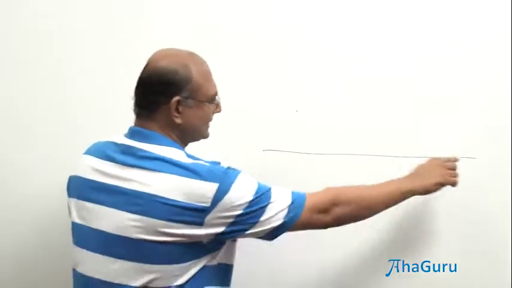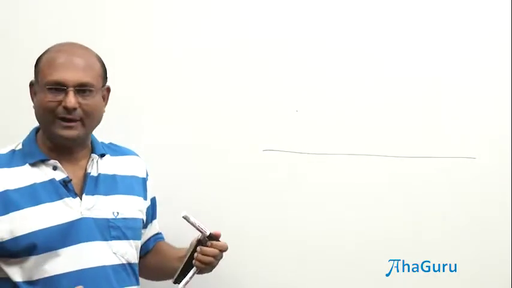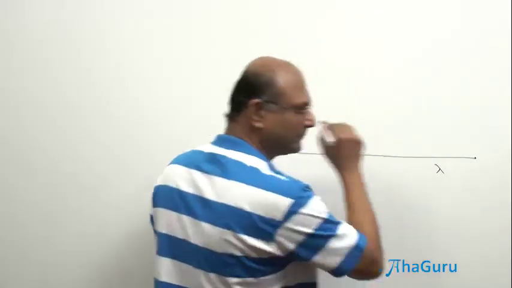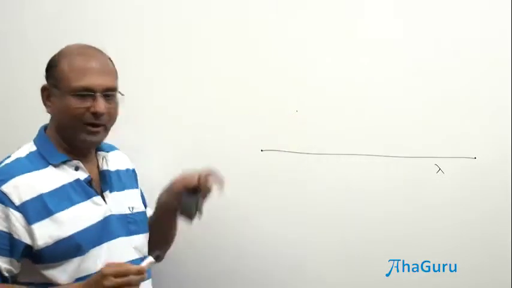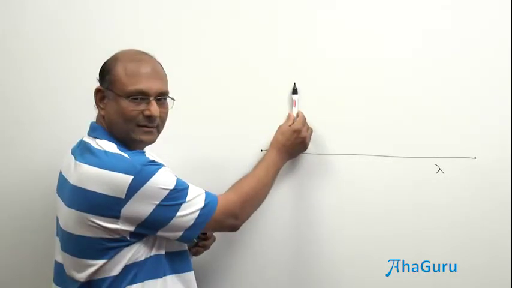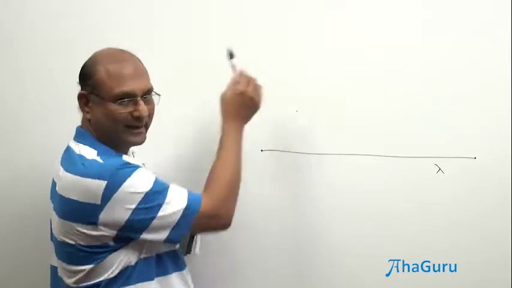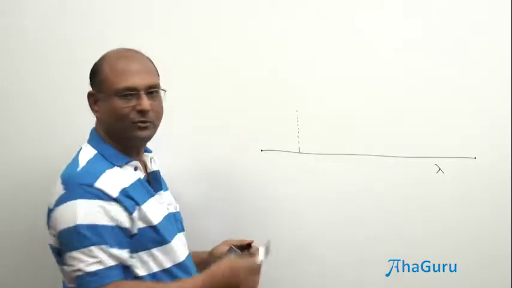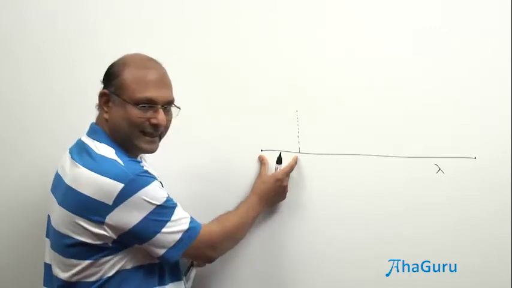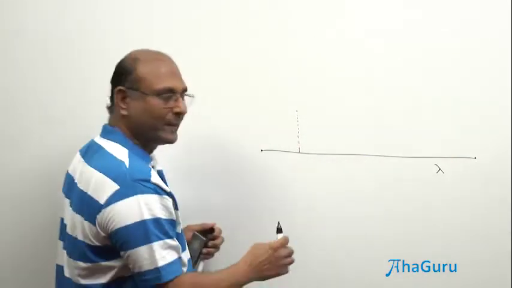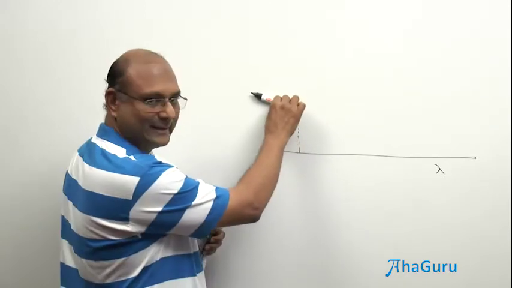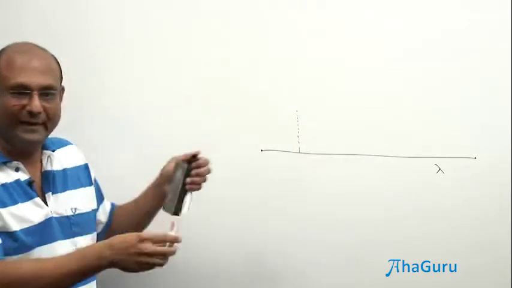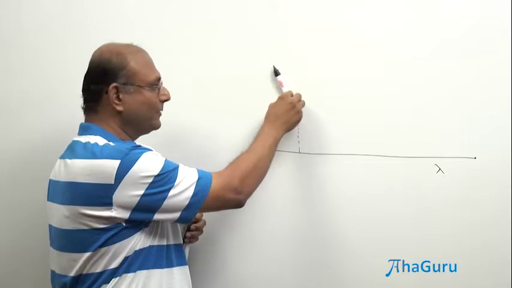Now, if you look at this, it is not symmetric. First you have to understand that this is a finite line charge, a uniform charge of charge density lambda. And at this point, can you say that the field will point like that? No, right? Obviously it won't point like that. Why? Because if I draw, let us say, a perpendicular, you see that first of all the charge on this side is much smaller than the charge on that side. So the overall field like that is going to be pointing that way, and this guy's field is probably going to point like that. You expect that the net field is not going to be like this, it is going to be like that.